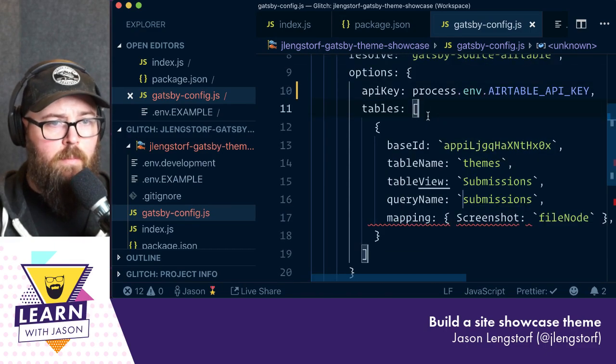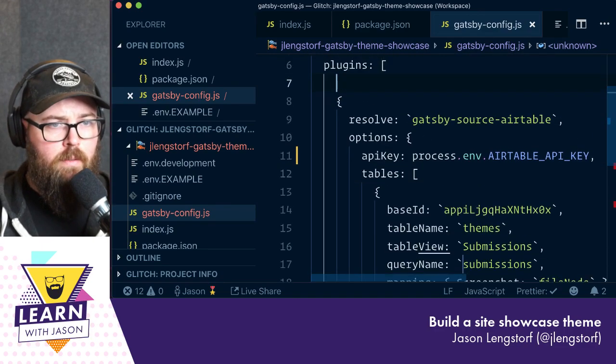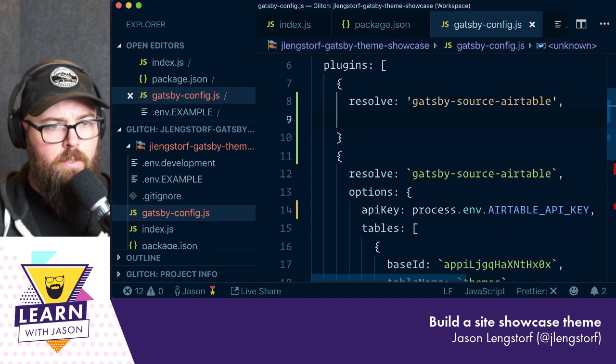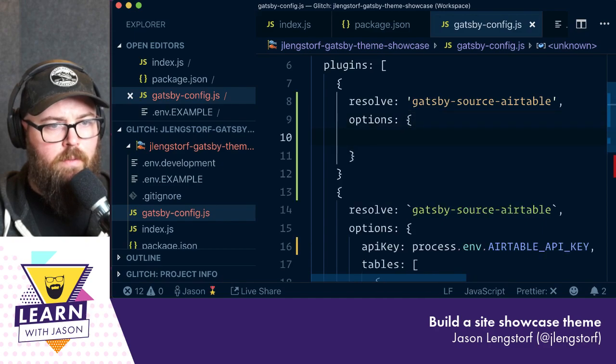I suppose it could be a non-UTF character, but that would be, you know what? Just in case, let's go ahead and we'll retype the whole thing. So Gatsby source Airtable. I'm also wondering if it just doesn't like my version for some reason, or the template strings. So API key